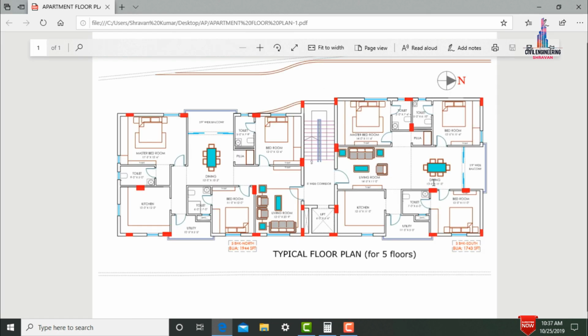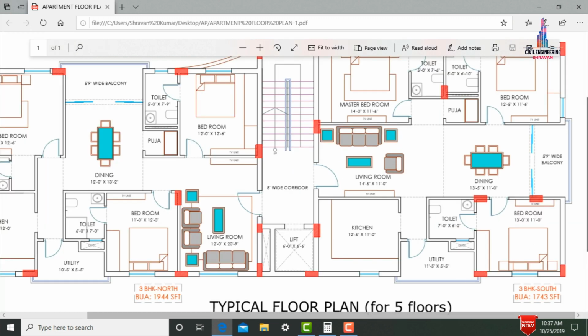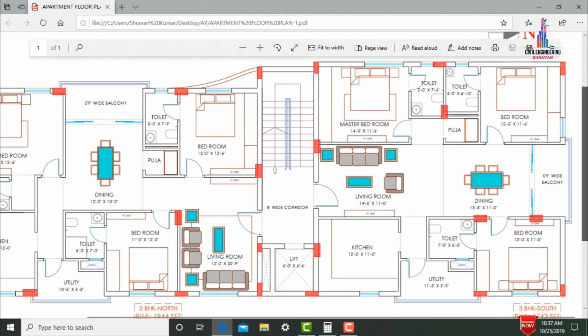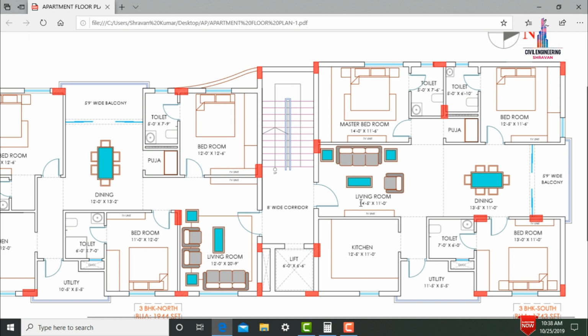Now I will explain the details about the right hand section for this respective house. So this is the right hand section dimensions for this house, which consists of a south facing main entrance, which is 5 feet wide. Through this main entrance we are entering into the living room. The living room consists of 14 feet 5 inches in length direction distance as well as 11 feet in width direction distance.